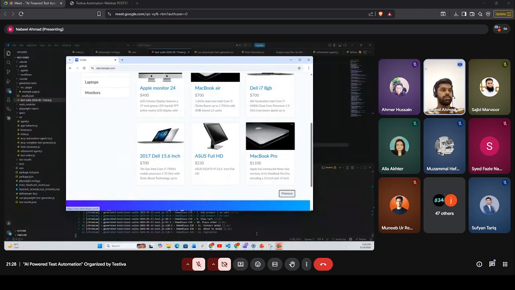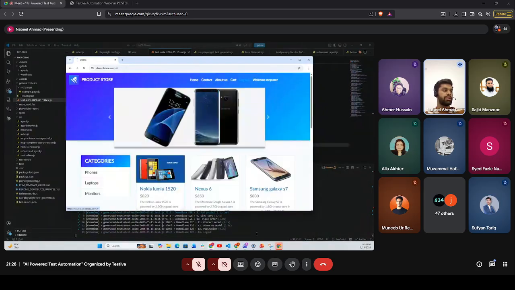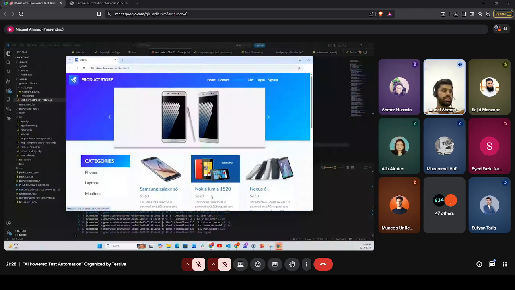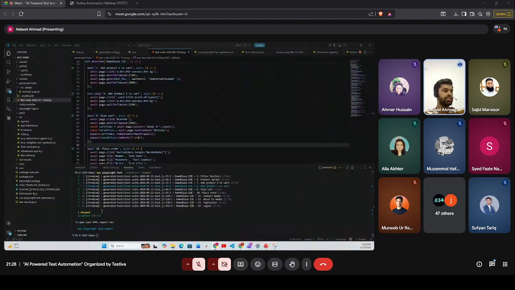As Demoblaze sometimes behaves unusually, but it is handling it correctly here. So as we can see, 12 test cases passed and one is just skipped. So out of 13, we have 12 passed test cases in, I guess, 5 to 7 minutes. I think it's pretty cool if we are doing this in a few minutes instead of spending hours creating test cases. It will not take so long if we are trying to generate 30 to 40 test cases as well.